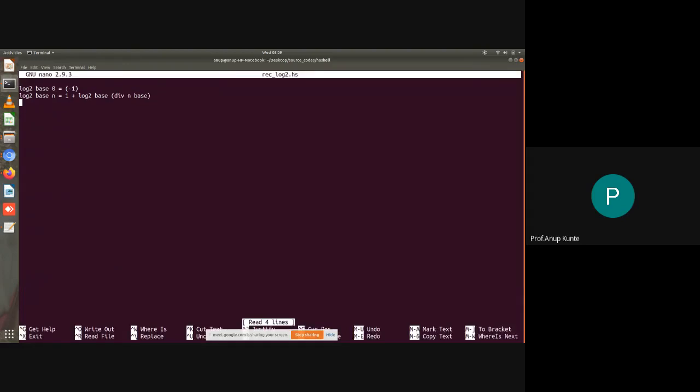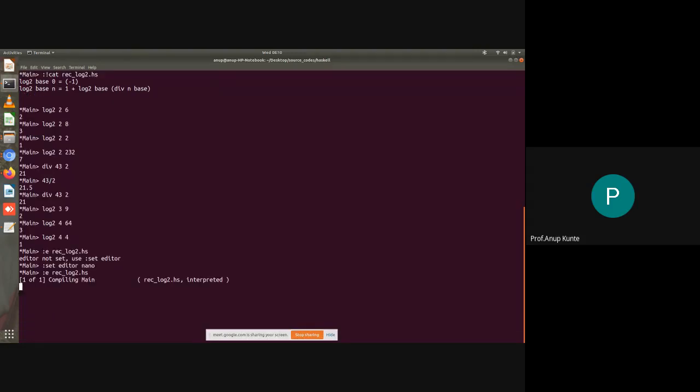So I will add log equals log 2. Okay, this is an interesting thing. So I've loaded it. So now I'll write log, say again the same thing, base 2 and 64.